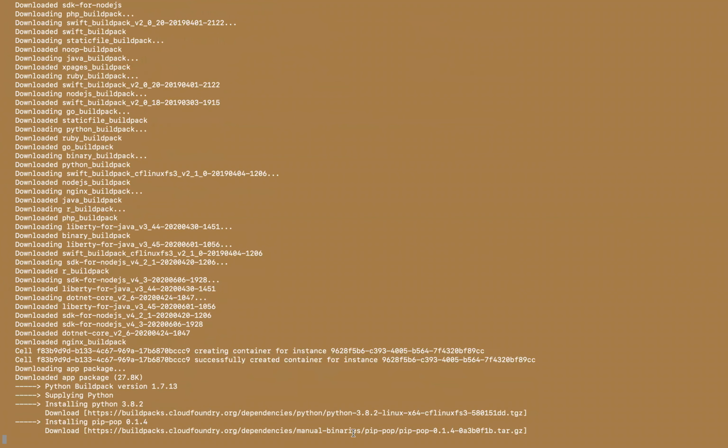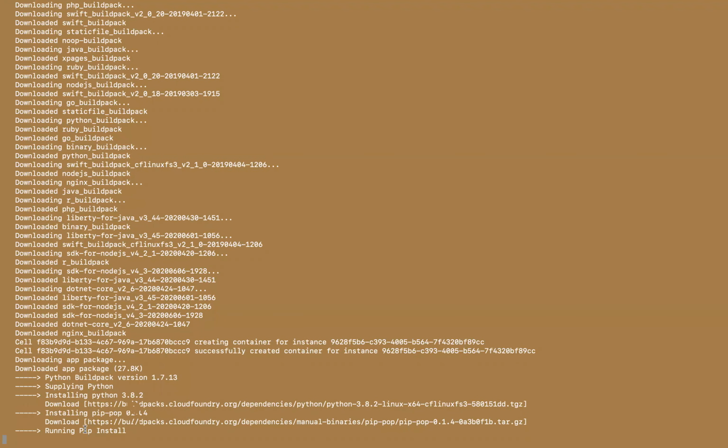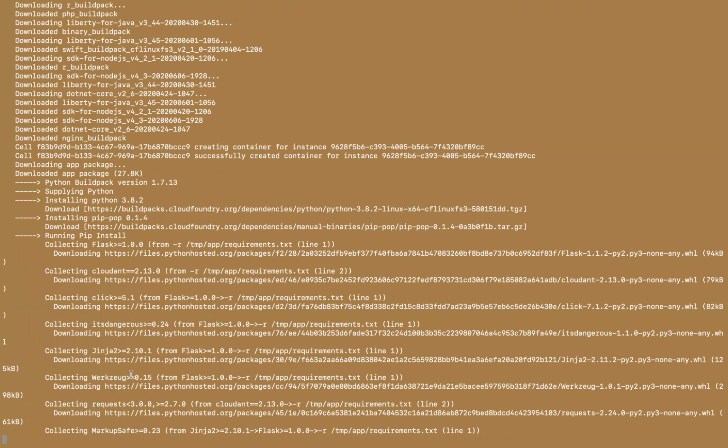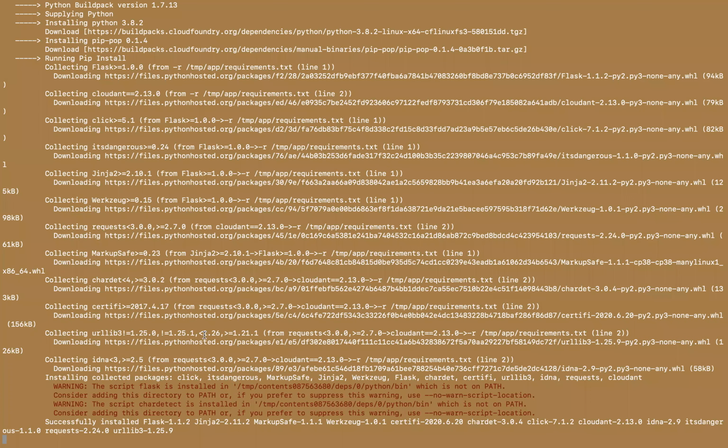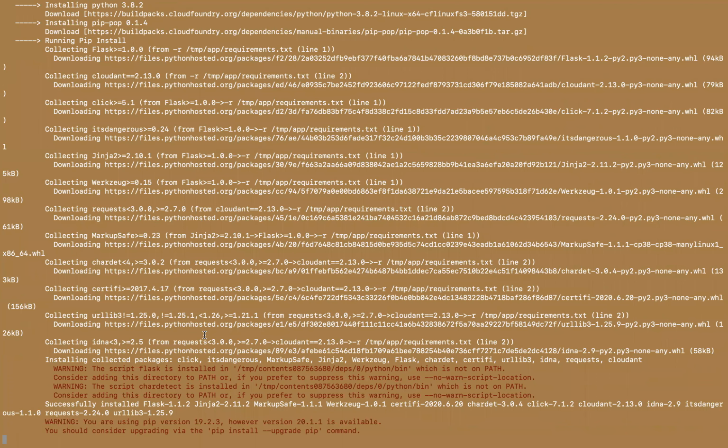It's actually building that, installing Python, and then installing pip. You can see what all it's running with pip. Just ignore some issues if you see them for now. I think it'll take a minute or so to push this app.